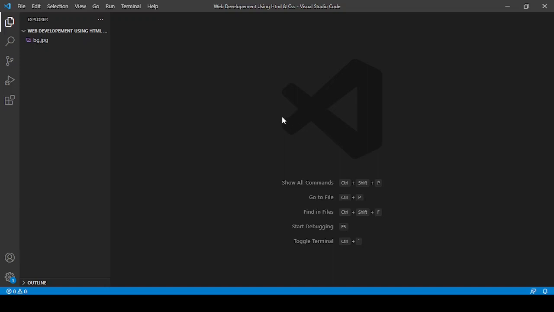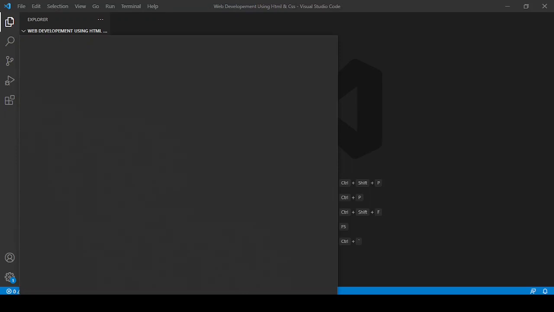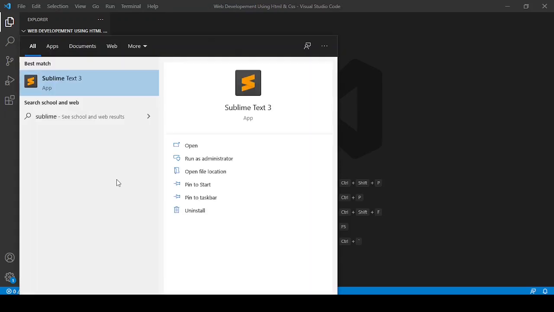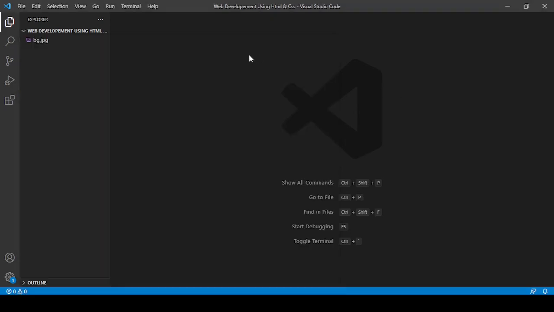And you might be thinking why I switched from Sublime Text to VS Code. So the fact is I have not switched yet from Sublime to VS Code. If I just search here Sublime in my PC, you can see Sublime is still installed in my PC. But the truth is for the beginners Sublime Text is the best, but when you go advanced, when you start coding in advance, I suggest you to go for VS Code.